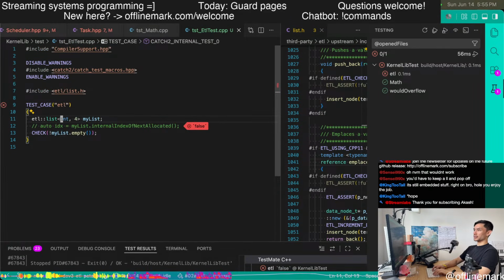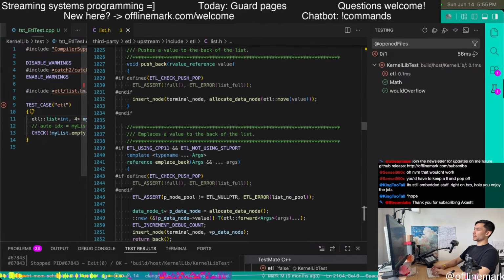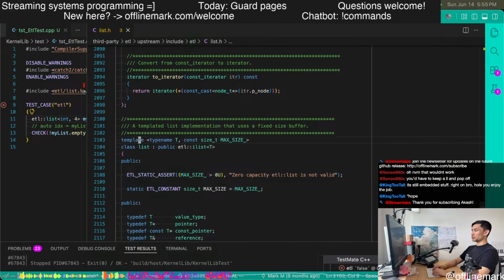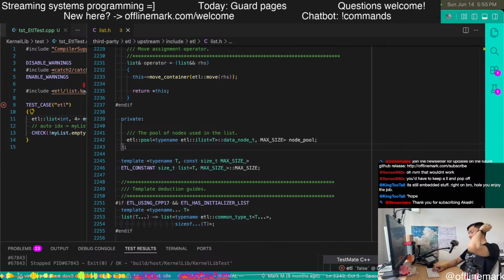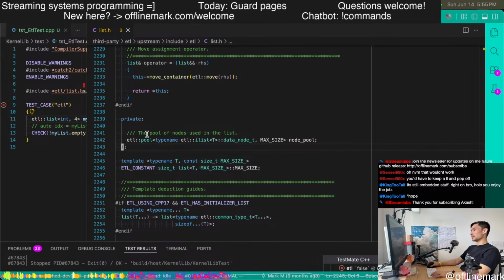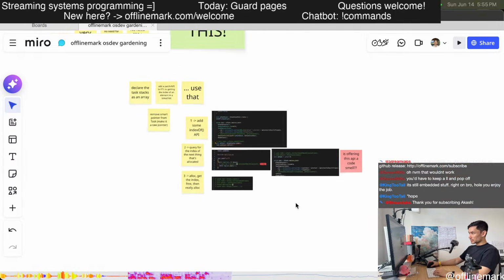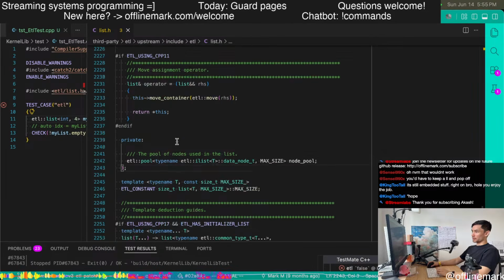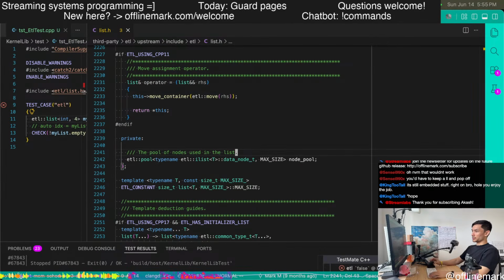So let's check out the ETL list first of all. In a similar fashion to the ETL pool with this I thing, a lot of the implementation is going to be in the parent class, the I list. But here we can see the underlying pool that implements the list, which is pretty cool. ETL is using its own pool as the container for the list nodes.